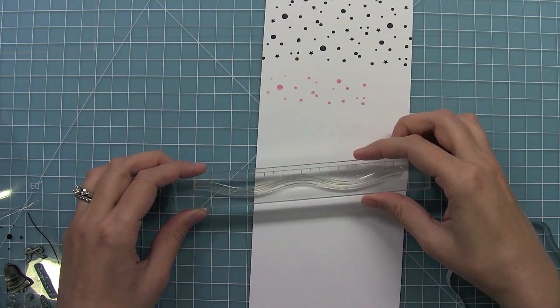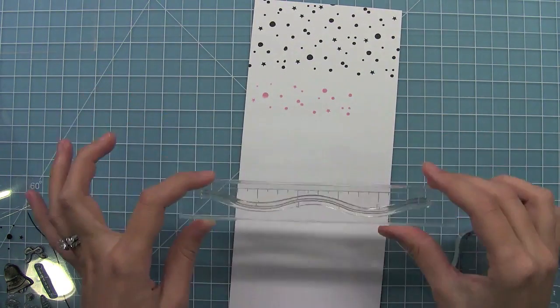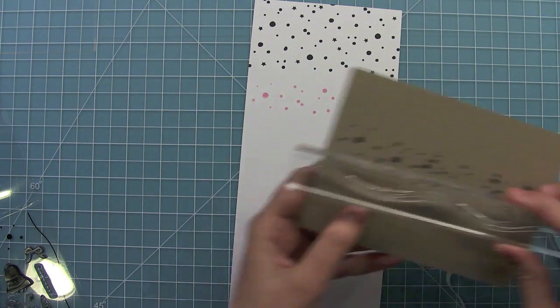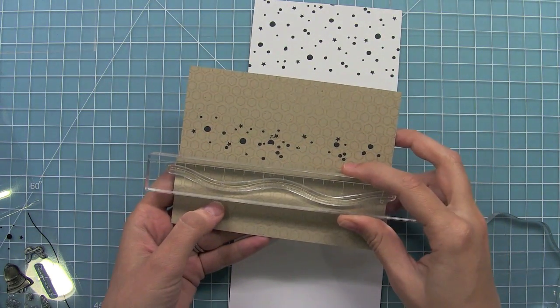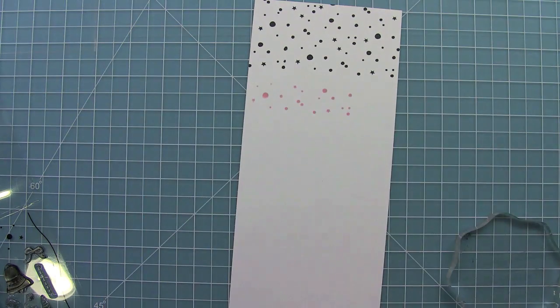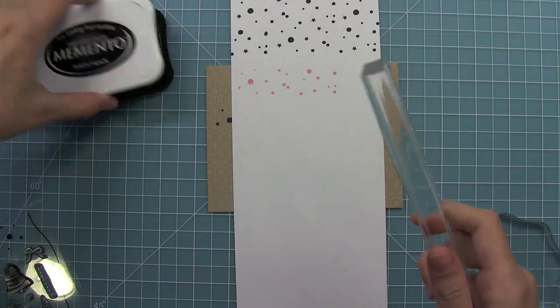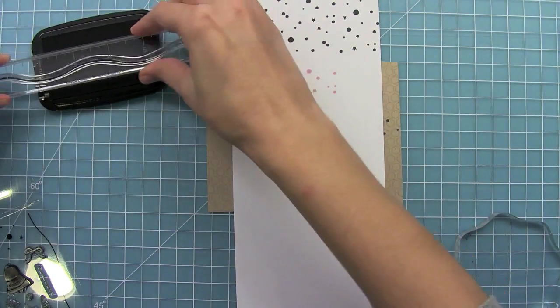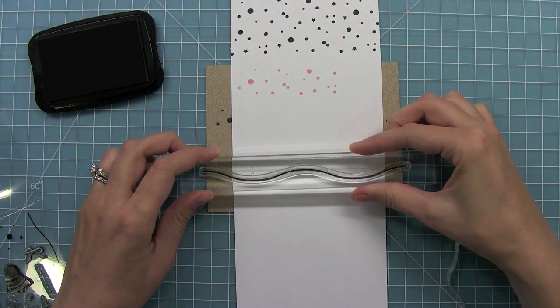So next I thought we could start out by stamping the hill that is in this. I love it because it's really long, so it more than covers the front of a card. It's more than 5.5 inches long, so you can stamp your whole hill that way. But right now we're just going to stamp a little, just a hill across this little 4 1/4 piece. So we'll just ink it up and get our little hill stamped here so we can start creating